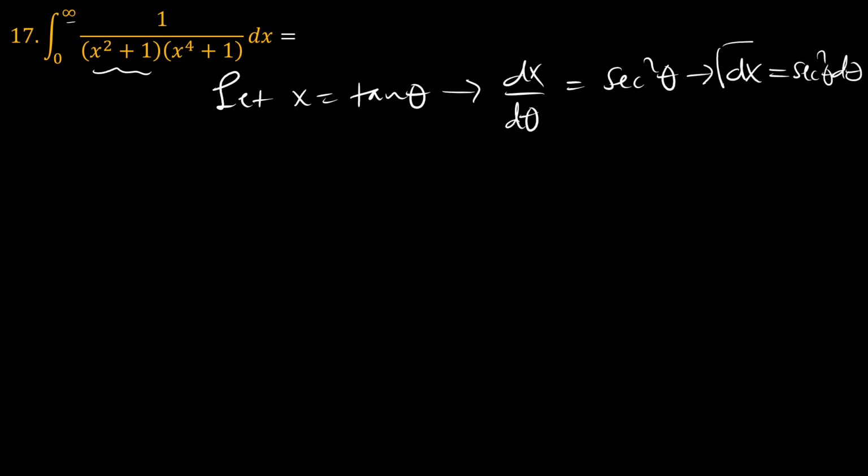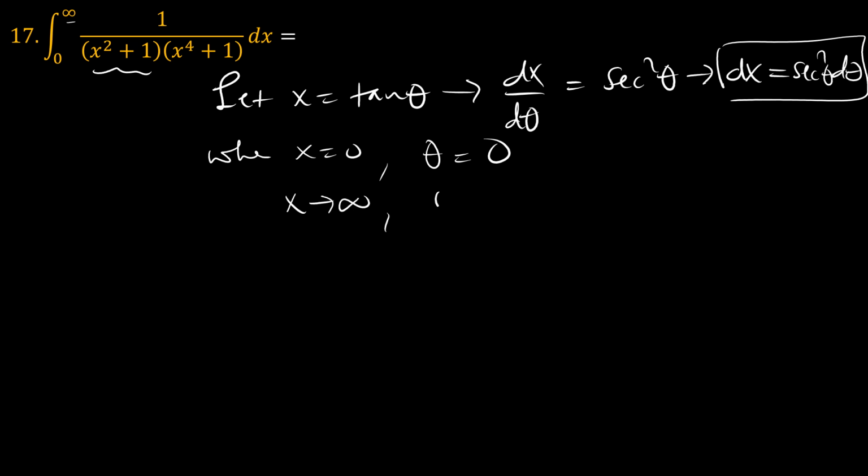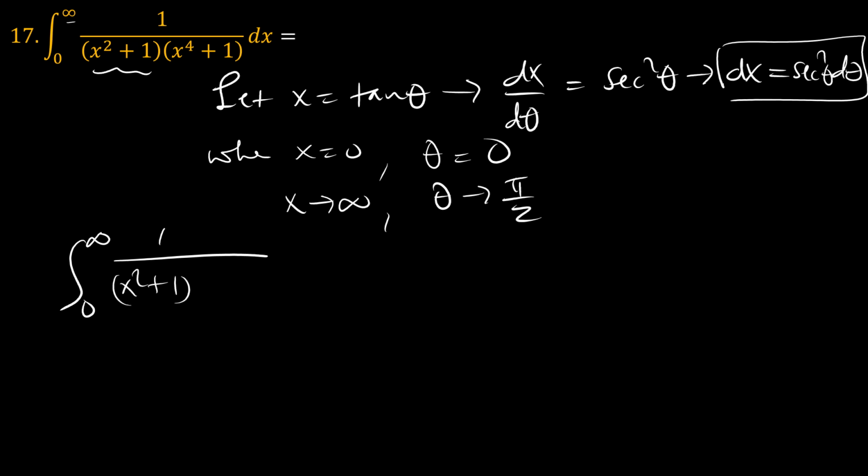So let's box that, right? And then when x equals 0, tangent of theta is 0, so theta will be equal to 0. When x tends to infinity, theta tends to pi over 2. Okay, and that means that our integral now, 0 to infinity of 1 over x squared plus 1 times x to